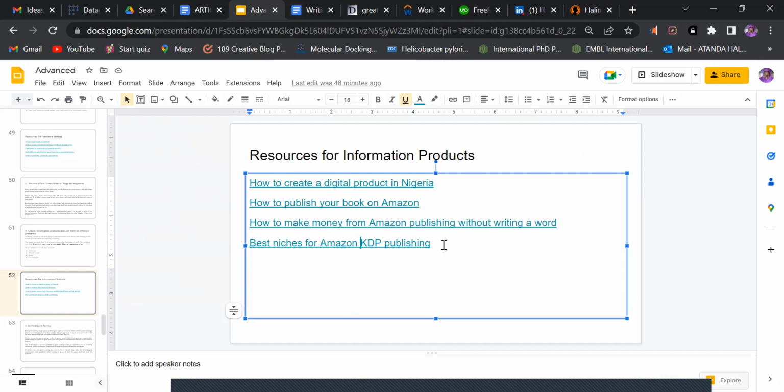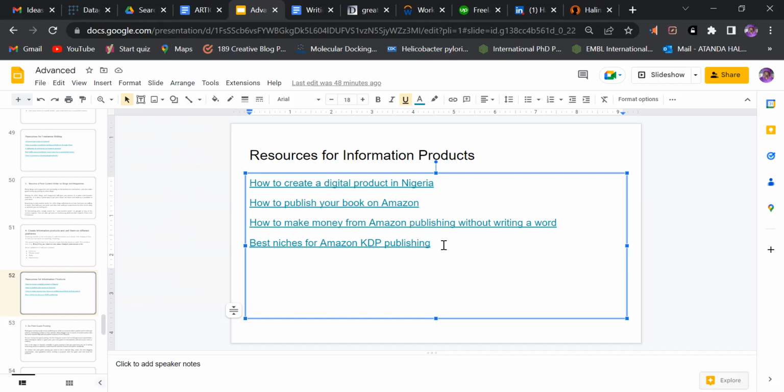And yes, you'll notice that most of the blog posts here are focused on Amazon because Amazon is the hype right now. It's the big deal right now. If you find your way on Amazon, I don't see what's stopping you from making money from other less global platforms like Expertnaire or Seller or Okada Books. You're going to make some real money.